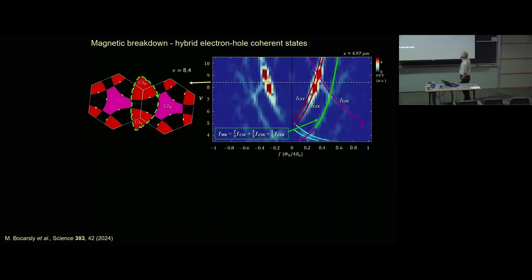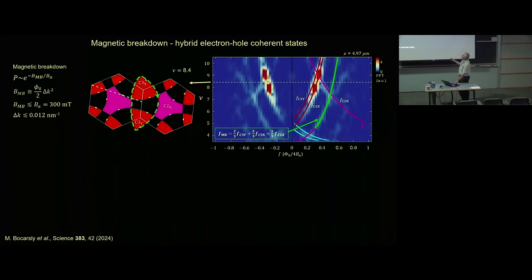So this frequency is this linear combination, and now you have to ask yourself, how does the electron tunnel between different pockets? This is due to the magnetic field. In the presence of a magnetic field, you can tunnel, just due to the Lorentz force, you can think of it. This is called magnetic breakdown. The tunneling probability is characterized by the magnetic breakdown field, which is proportional to the square of the gap in k-space. We see magnetic breakdown below 300 millitesla, which means that the gap has to be less than 0.01